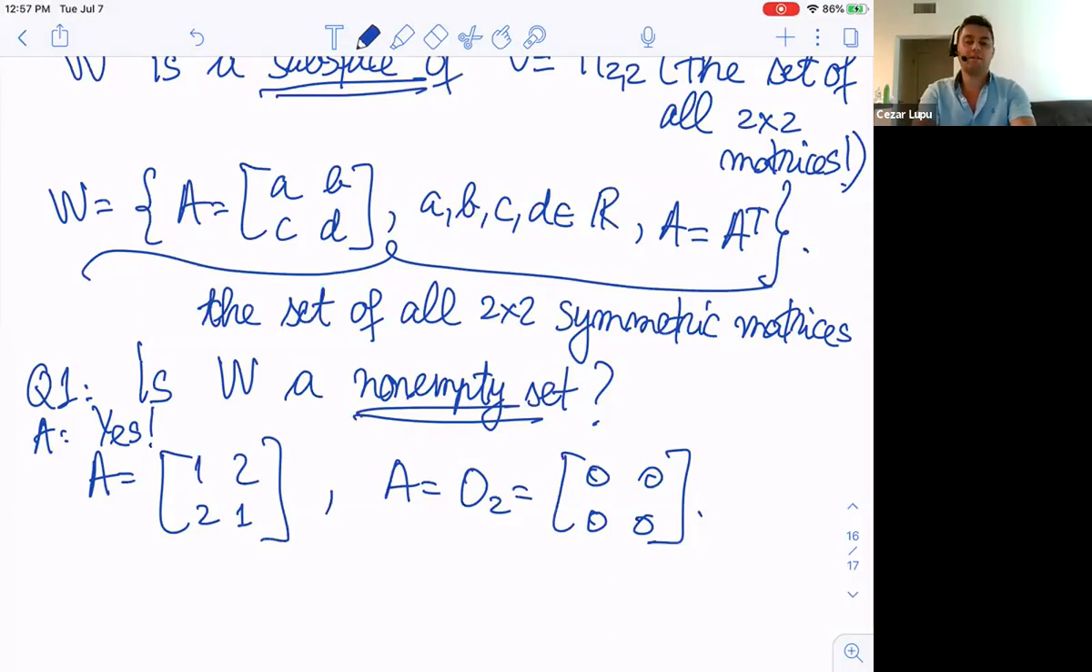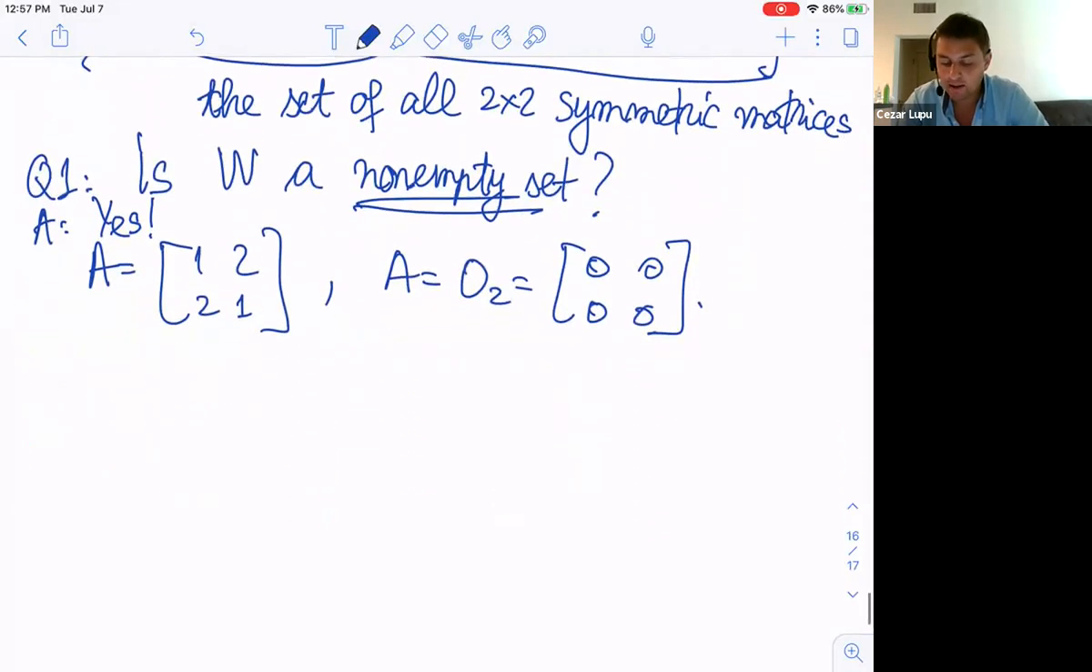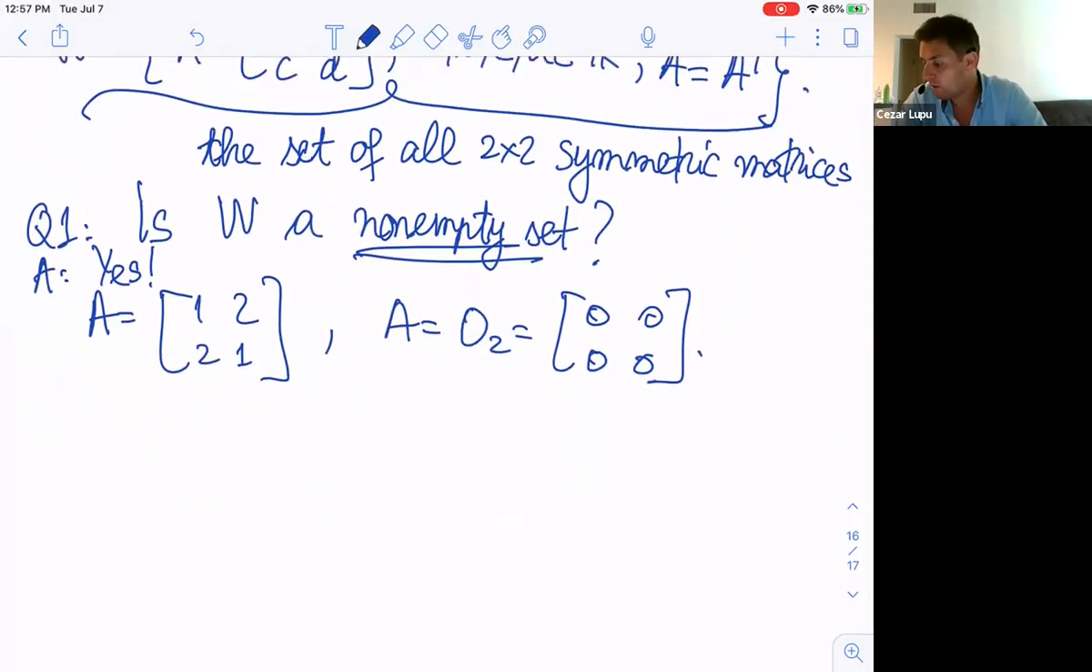But in the case of 2 by 2 symmetric matrices, it's clear that we have elements here. And now, since we're convinced that this is a non-empty subset, I want to see why it is a subspace of M22, the vector space of all 2 by 2 matrices. So we need to verify those two axioms. So we consider